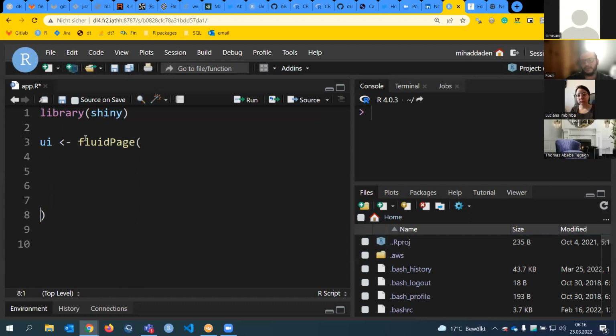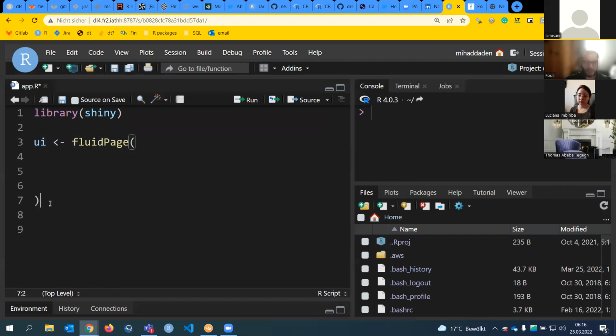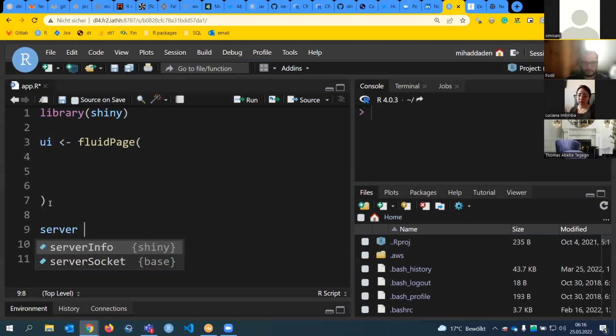We are calling the function. Why are we calling the function? Because there are parentheses, and when you see parentheses in a script, it means that you are calling a function, right? So now I called my function, fluidPage, and the result of this will be assigned to the ui object. And then I will create another object. I will name it server. Again, you name it whatever you want.